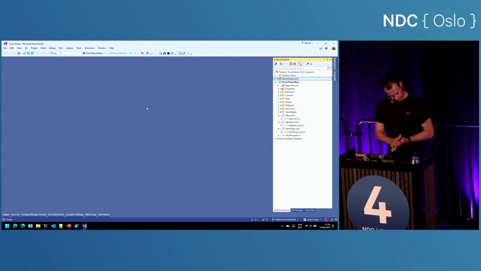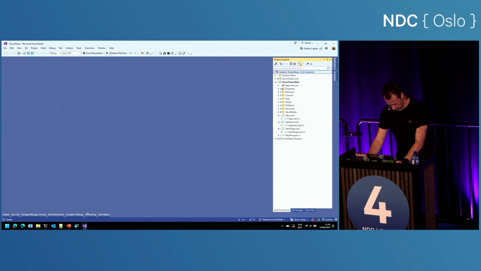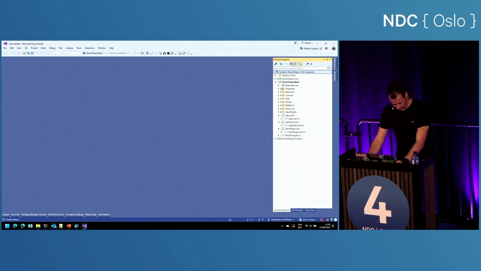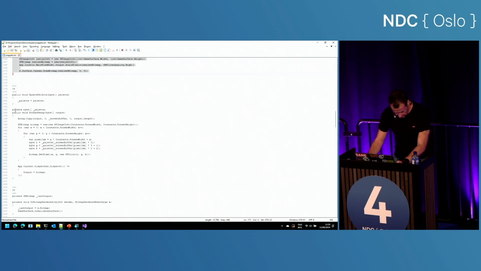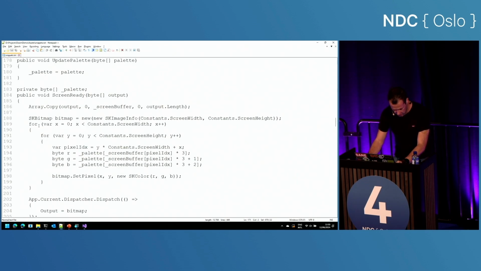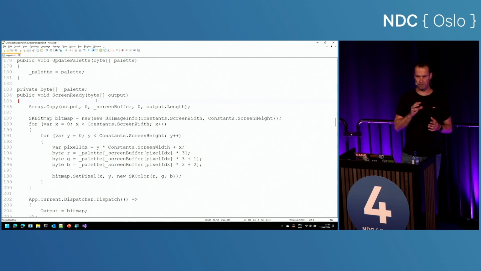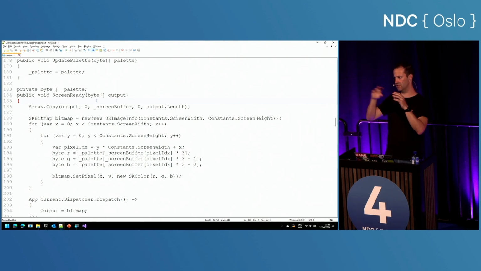Let's give it some time to load. Let's see, have we done that? We've done that. Build solution. While this is going, I'm going to prepare the next snippet, and maybe I can just show you here. So now we're going to replace the update palette and the screen ready methods. Because I just commented out some code in those two methods just to make sure it builds, but it's not actually running. I still need to find a way to do the palette replacements, or to take the addresses and put the pixels in place.